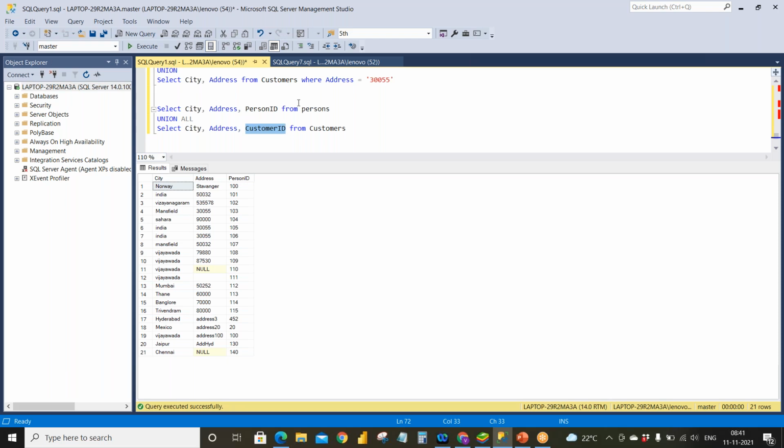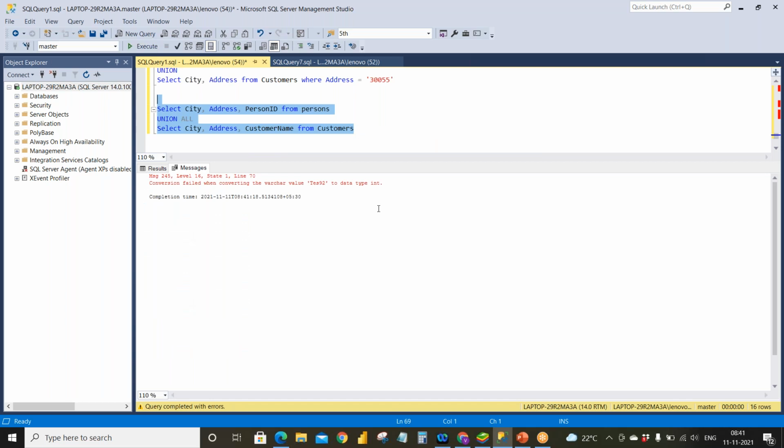If you give something other than customer ID, like customer name, it won't allow it. Definitely it will give an error.